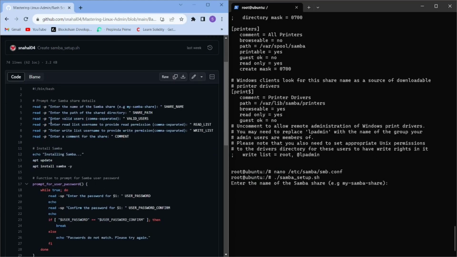The first prompt is to enter the name of the Samba share. It is asking for input, so let's name our directory share1, any name. Enter the path of the share directory. Let's create a path, share. Enter valid users. Let me create some usernames, Tom,